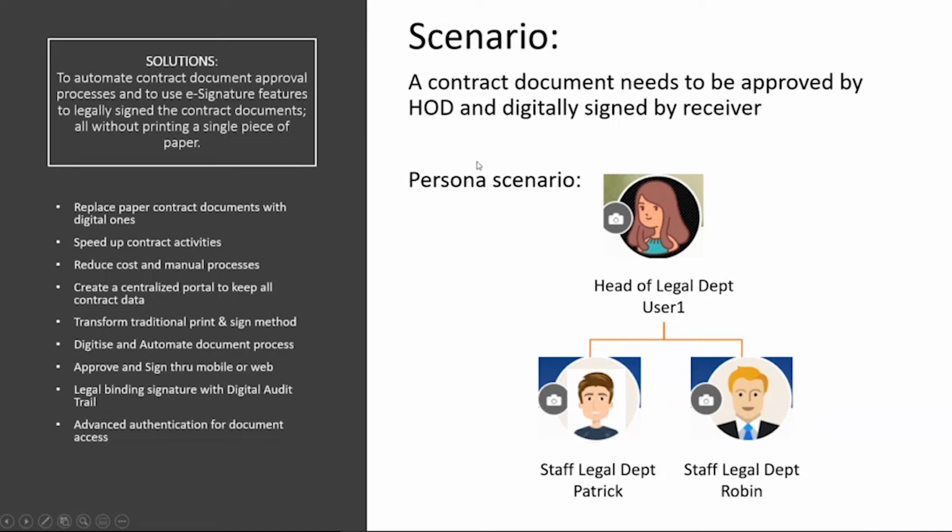And again, after we have collaborated, after our departments approve that particular document, we will use the digital signature, push it out to our client, and they can sign it and return back, right? Why? Because it speeds up the contract activities. It reduces the manual processes, right? It creates a centralized portal to keep all your contract documents. So this is why once our clients sign it, all those signed documents automatically save back to our SharePoint document